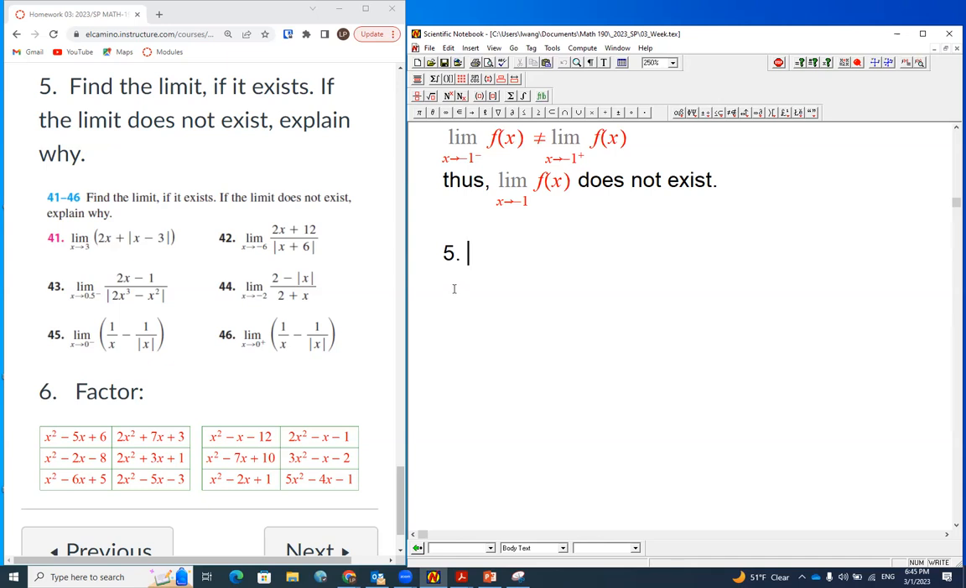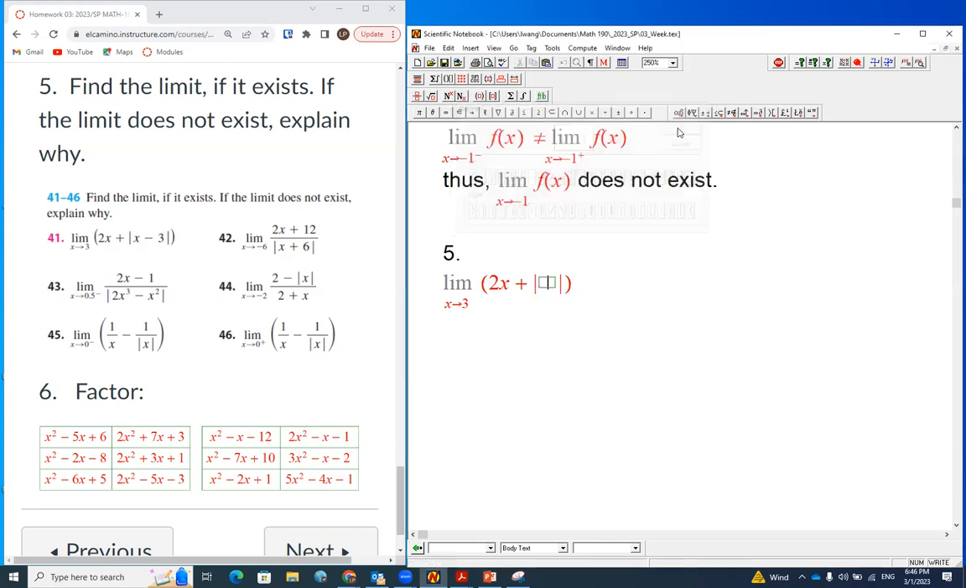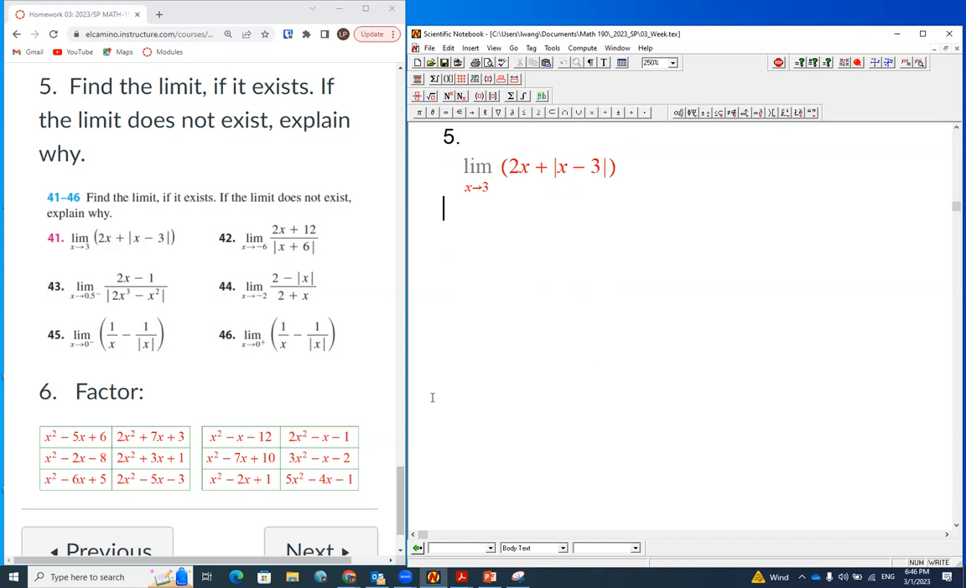The one we did in 41 is that we want to find limits when x approaches 3, and we have a function in consideration: 2x plus the absolute value of x minus 3. How do we handle a function like this? Because x is approaching 3,